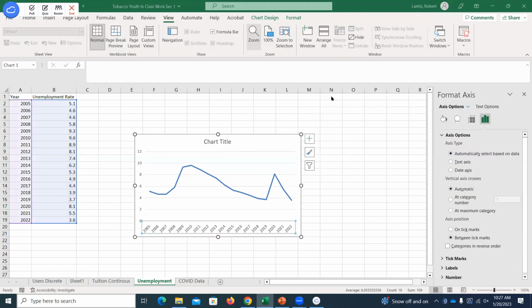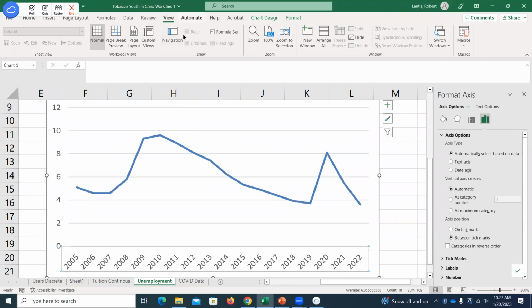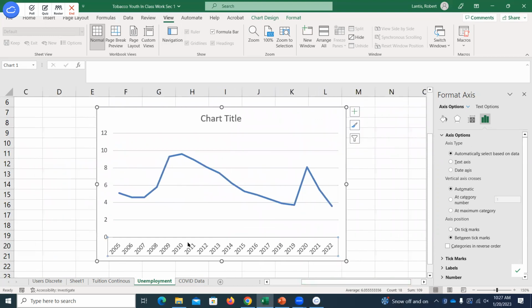Now, if I zoom in a little bit, well, maybe I zoomed in too much. Let's go 150 here. Okay. Now I've got those years down there, and I can get a really quick story